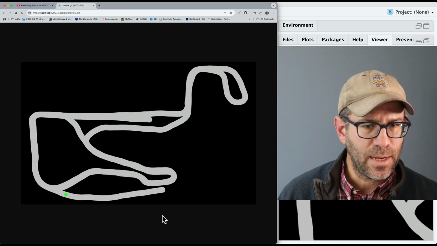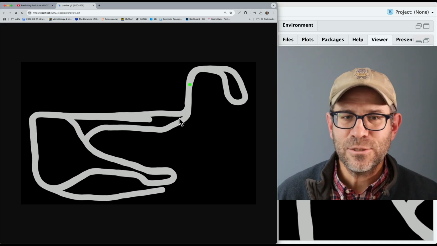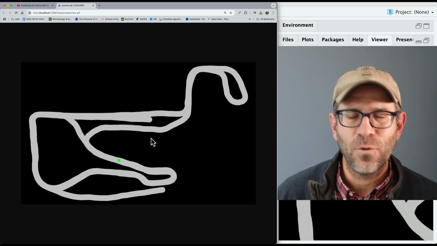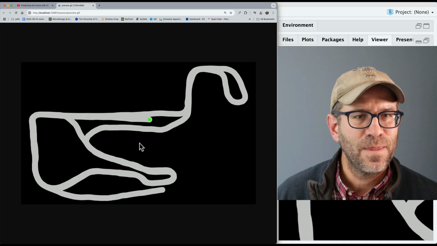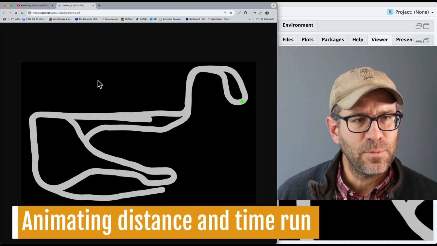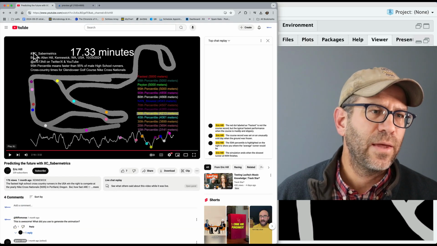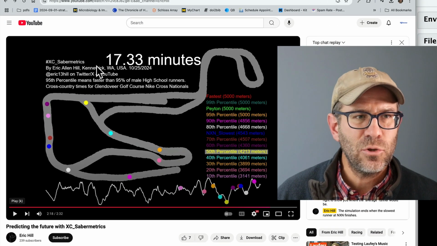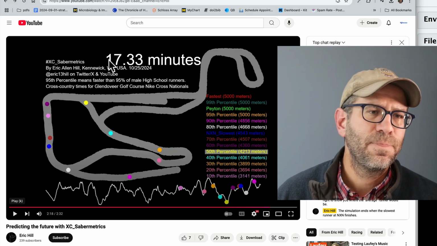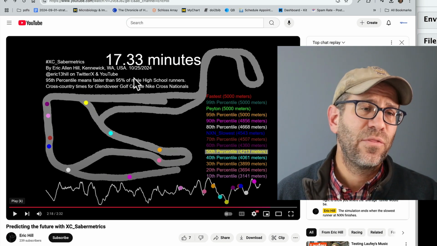Now we can see the black background of our canvas, and you can watch the green ball go flying around the course. We'll slow that down before we're done with today's episode. Okay, so I think this looks pretty good. One thing I would like to do is put some information up here in the upper left corner. So here you'll see there's like a hashtag, who made it, things like this. I think what I'd like to do is to put in the time, as well as the distance